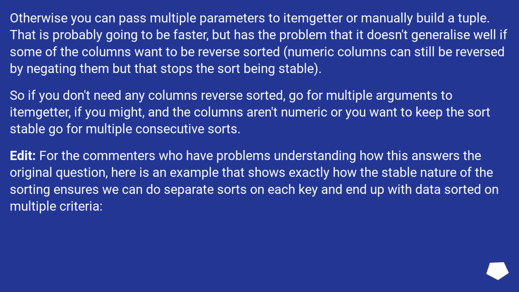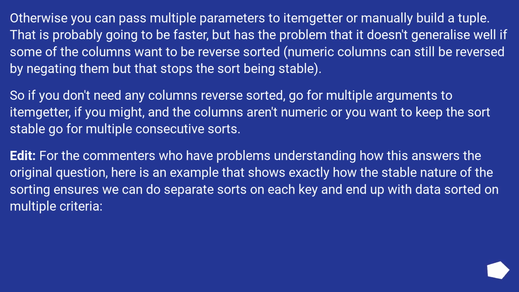Numeric columns can still be reversed by negating them, but that stops the sort being stable. So if you don't need any columns reverse sorted, go for multiple arguments to itemgetter. If you might, and the columns aren't numeric or you want to keep the sort stable, go for multiple consecutive sorts. Edit. For the commenters who have problems understanding how this answers the original question, here is an example that